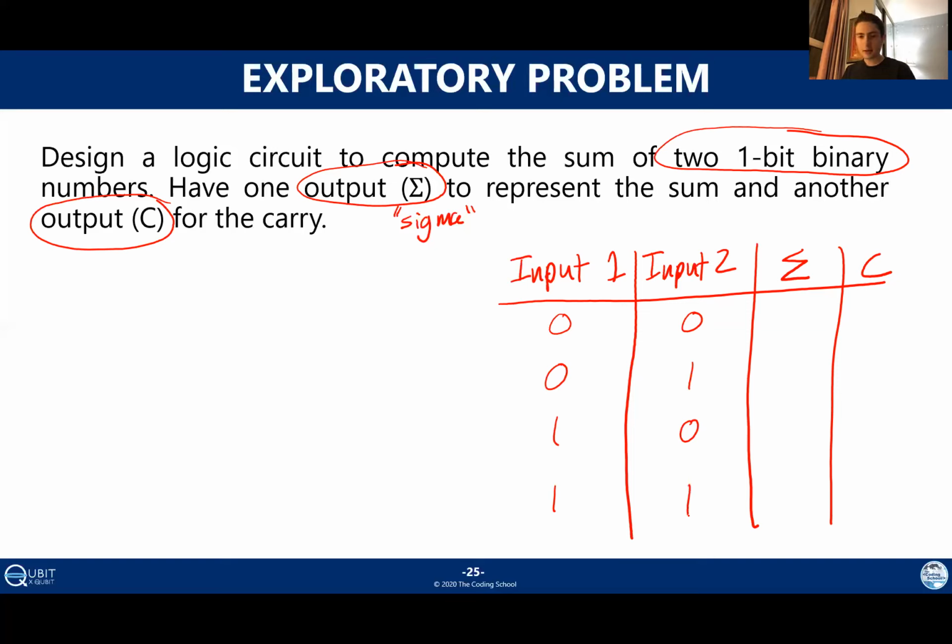And now I'm going to try and look at what the sigma and carry columns should be. It's now my job to fill in this truth table based on the English description. So instead of having a logic gate, this time we're going to fill these things in based on the English description. So if I sum 0 and 0, think about the binary addition slide that we had before. If I sum these, I just get 0. And I do not have any carry because I didn't go up to 2 or 3. You keep working this out.